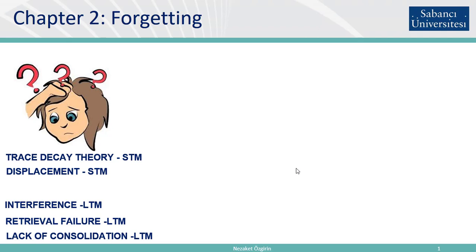As you can see, the last one, lack of consolidation, is given to explain the biological process of memory and forgetting. The consolidation process means the transmission and recording of new information from short-term memory to long-term memory in a certain amount of time in the nervous system due to the modification of neurons to create permanent memories.